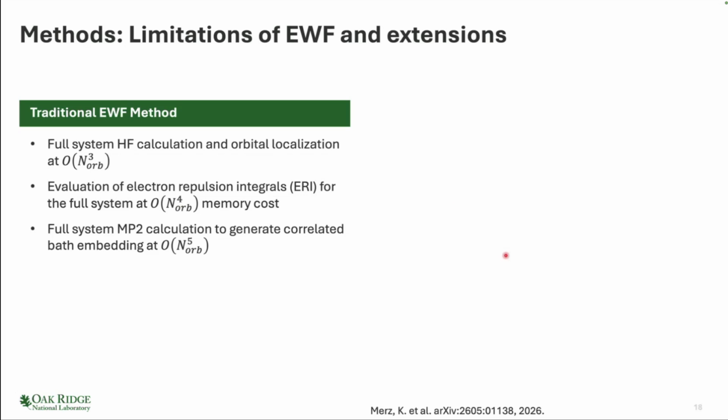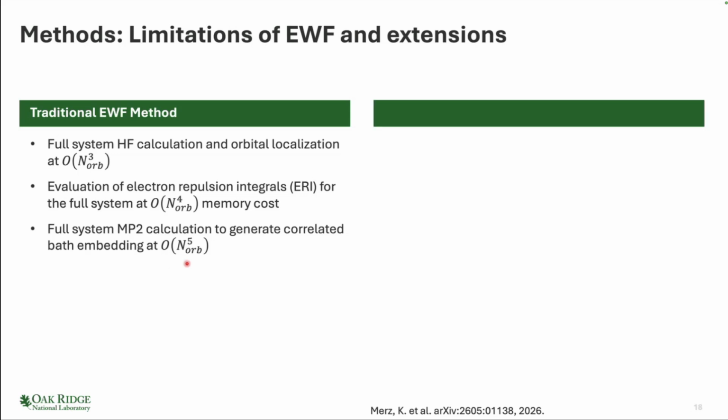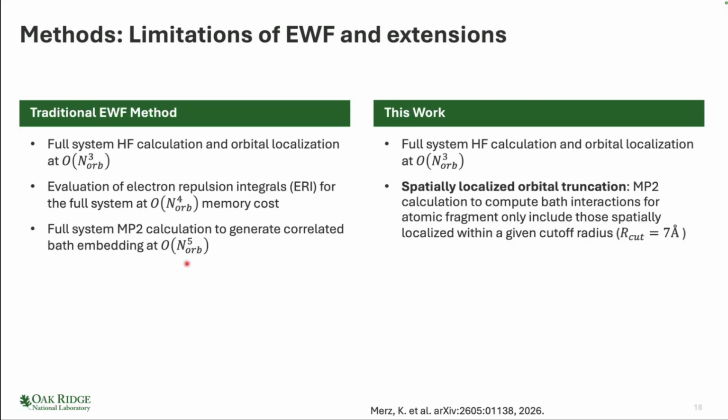And then the full system MP2 calculation to get the correlated bath orbitals scales as roughly the number of orbitals to the fifth. So to improve on this in this work, they still need to do the full system Hartree-Fock,